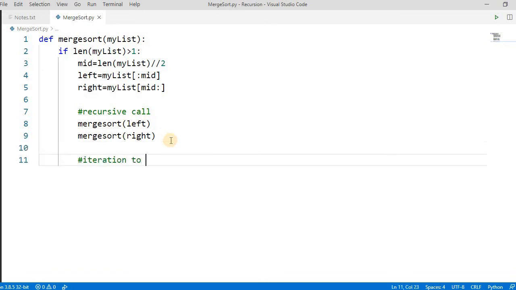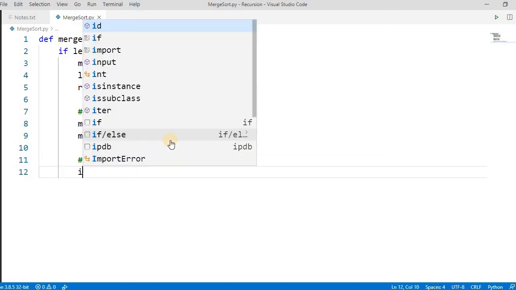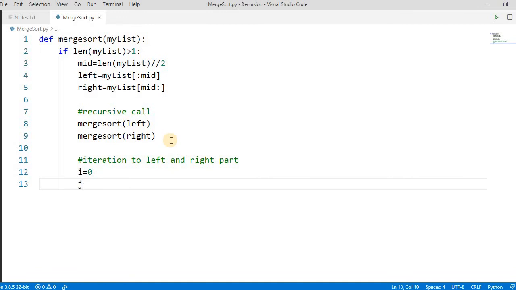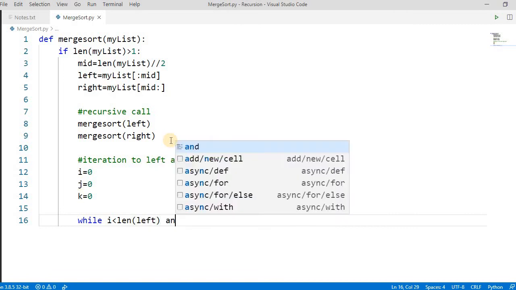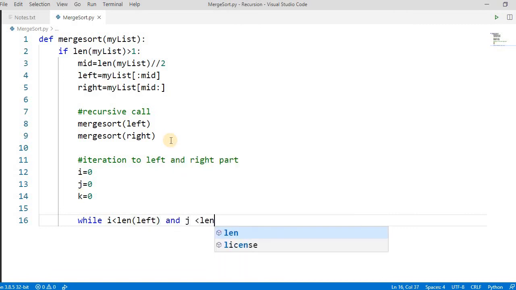Let's say i is equal to 0, j is equal to 0, k is equal to 0. We check while i is less than the length of the left, and j is less than the length of the right.